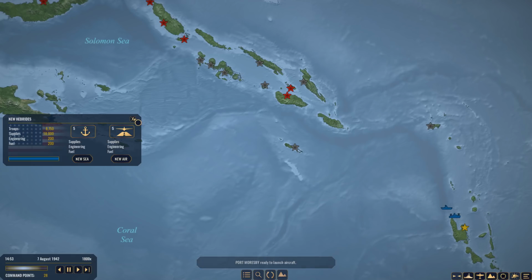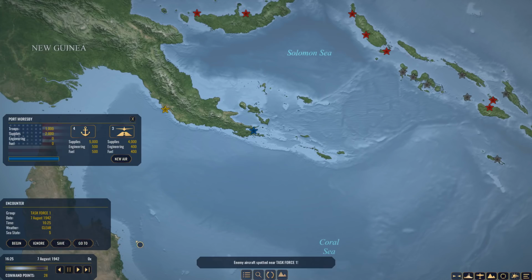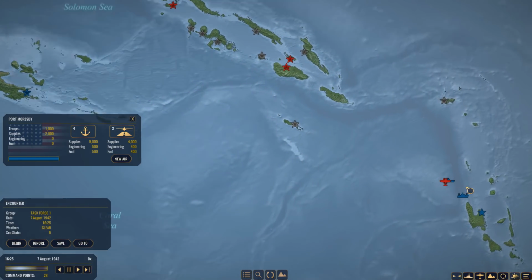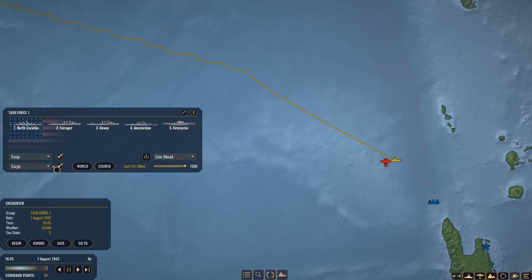Okay. Over here, the aircraft have already completed their patrol. Enemy aircraft near Task Force 1. Oh, we have contacts. Okay. The game is automatically paused. It's time for the Enterprise to start launching aircraft. So,